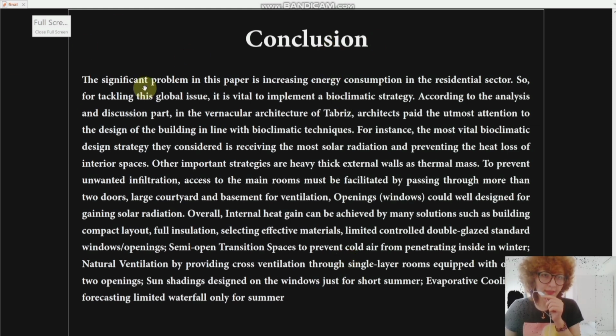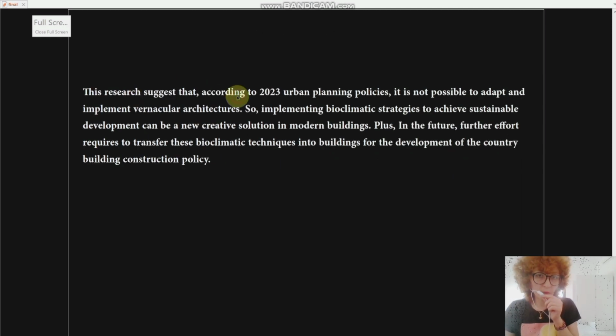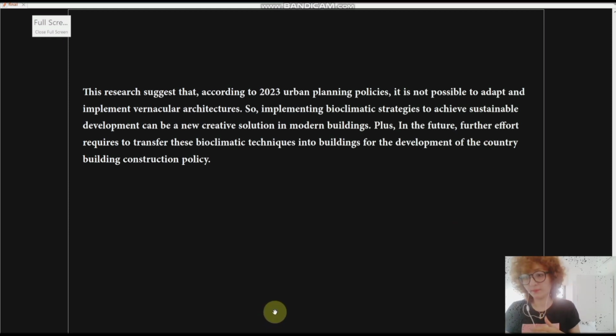In conclusion, the significant problem was increasing energy consumption, and for tackling this issue, we can use bioclimatic strategies and the techniques used in vernacular architecture in Iran. And this research suggests that according to 2023 urban planning policies, it is not possible to adopt and implement vernacular architecture. So implementing bioclimatic strategies to achieve sustainable development can be a new